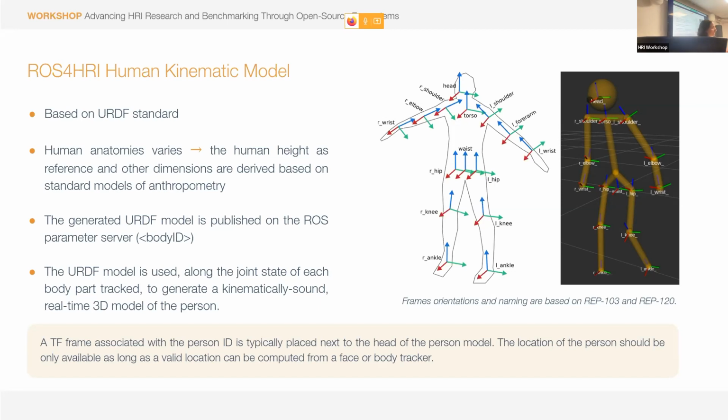Once a person is detected, we can assign a body ID, and that's part of a new representation of the system. And because we're using a ROS URDF model for that, the whole system can be aware of and work with this information.